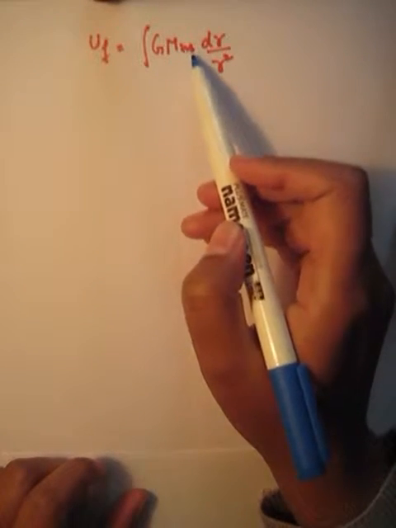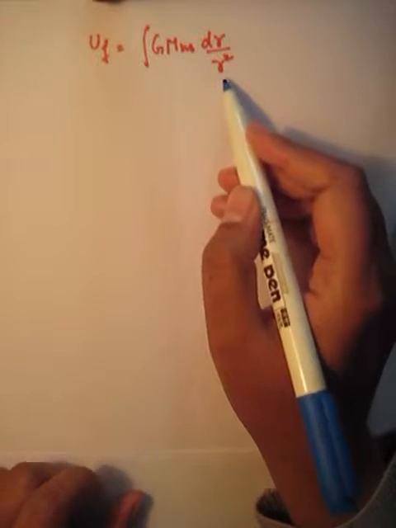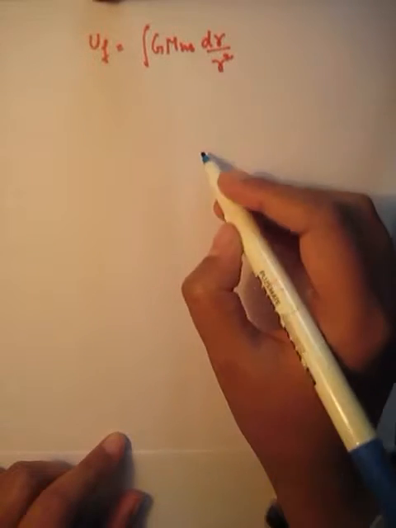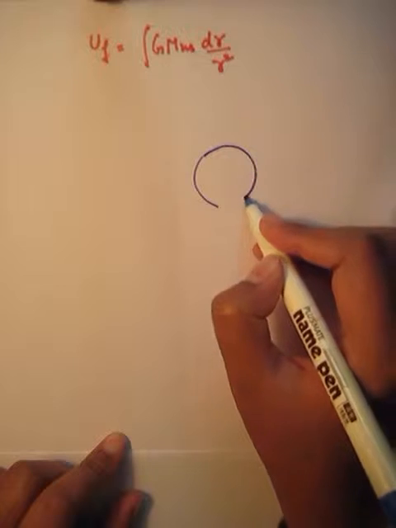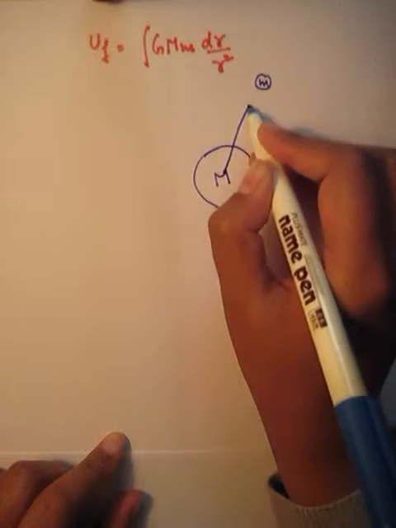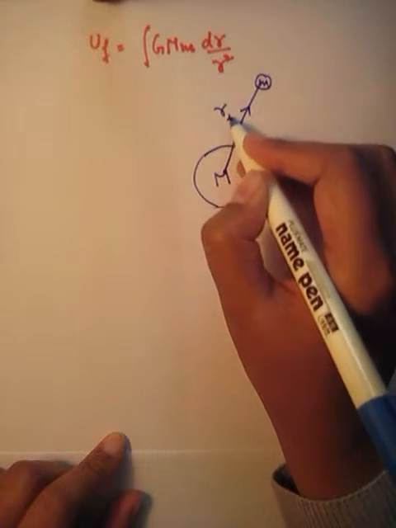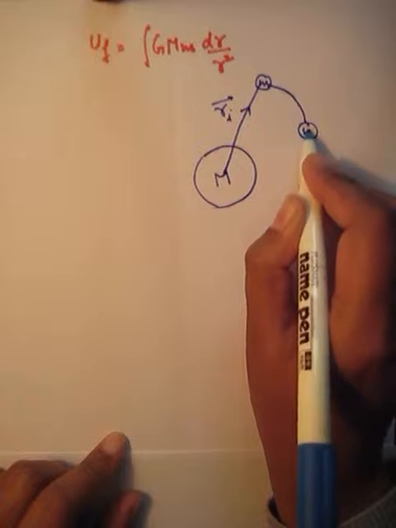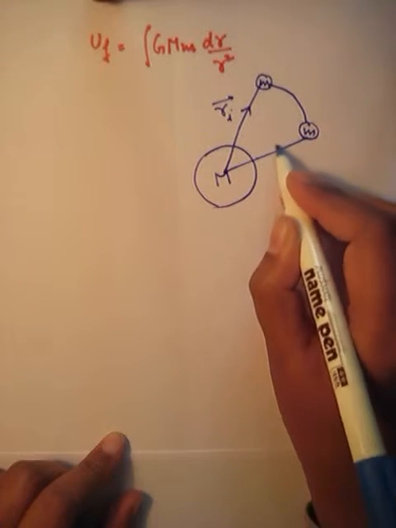G, capital M and small m are constants, and we have to find the integration limit for r. Now you have a mass capital M and another mass small m. Initially it is at a position vector ri vector, and then it moves to another point which has a position vector of